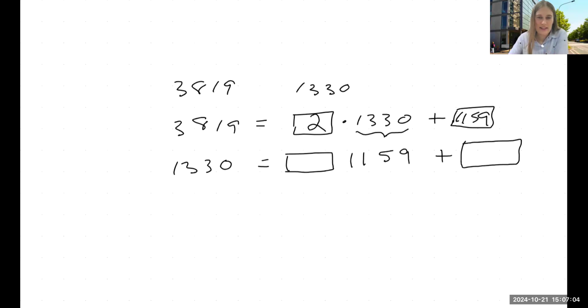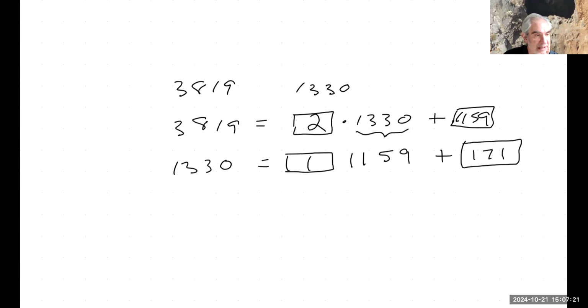So how many 1159s go into 1330? One. Excellent, just one. And then the remainder is 171. Cool. Now we've got the 171. Oops, I was almost a little bit too quick there. The 171 goes here. Sorry, so this is going to be, if I'm not mistaken,